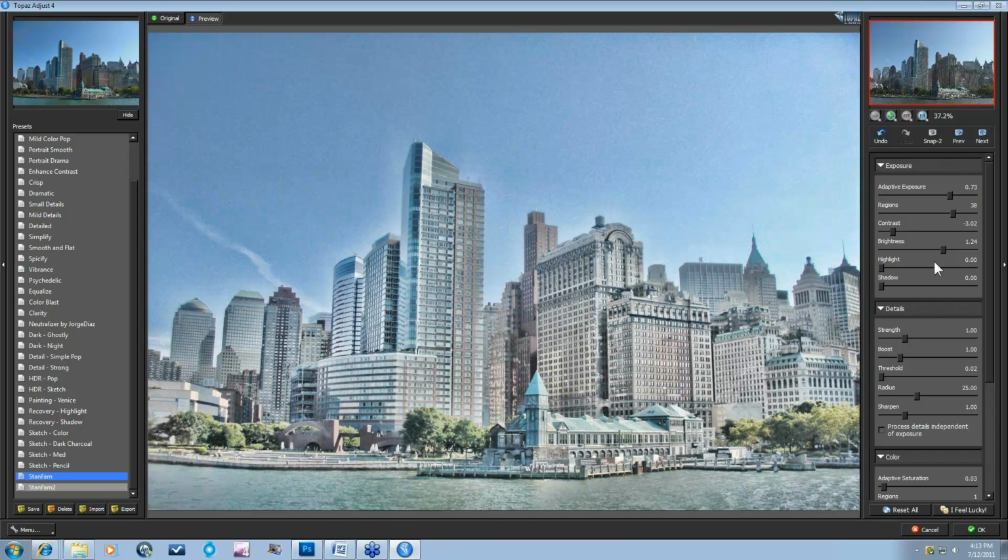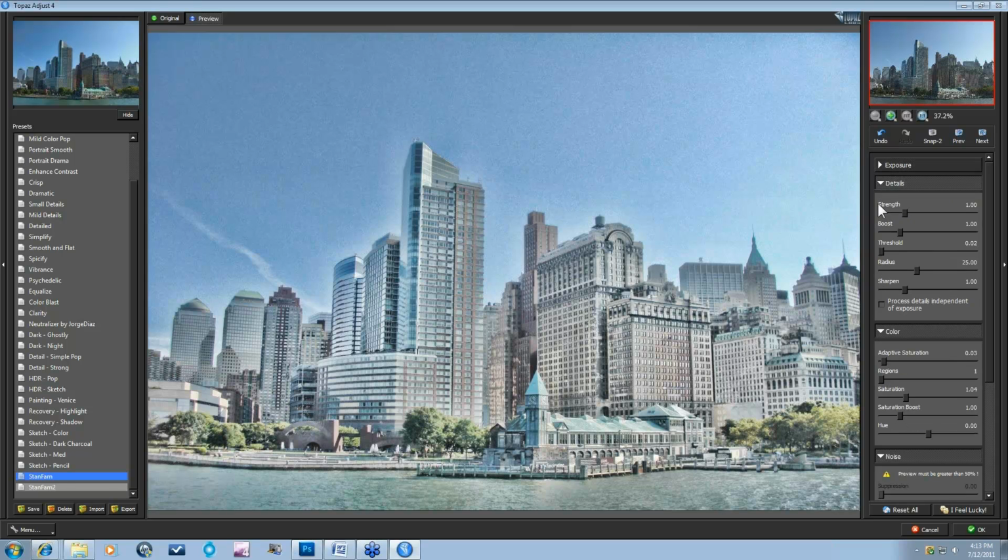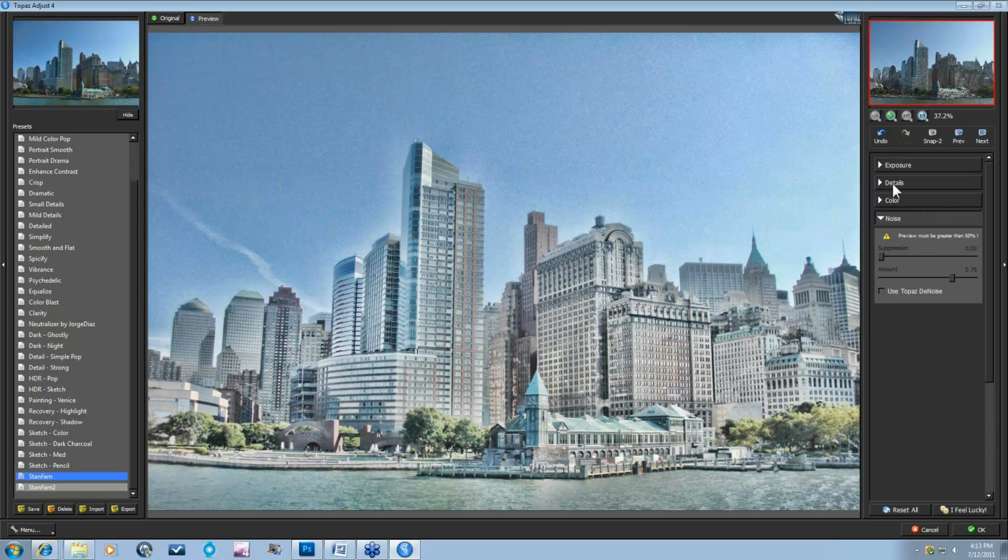And you'll notice that all of these sliders actually move, so when you finally get to what exactly you want, you can just press OK and process it back or save it as a preset. It's pretty cool. Okay, so down here in your adjustment panel you have exposure, details, color, and noise, and that